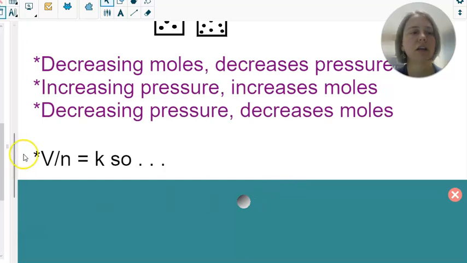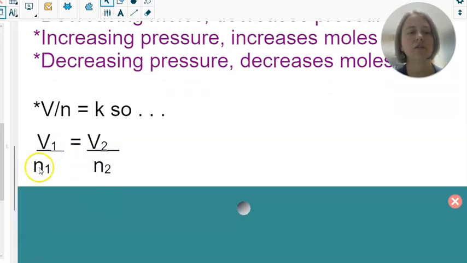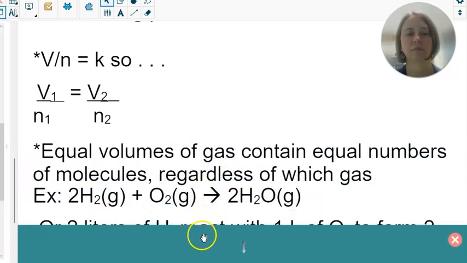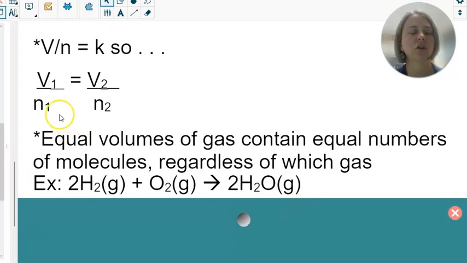So looking at the volume and the number of moles, the ratio is a constant, which means our initial volume divided by our initial number of moles has to equal our second volume divided by our second number of moles. So what does this mean? So if you have equal volumes of gas, they contain equal numbers of molecules regardless of which gas they are. So one volume is going to have the same number of moles as the same volume of a different type of